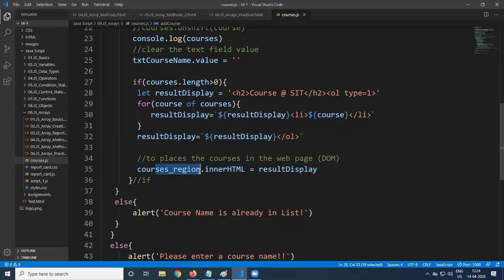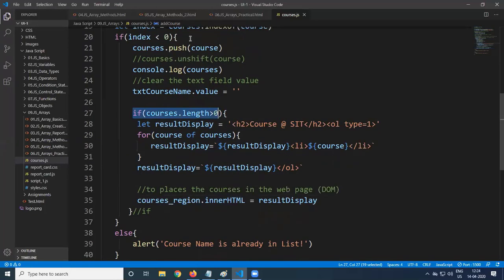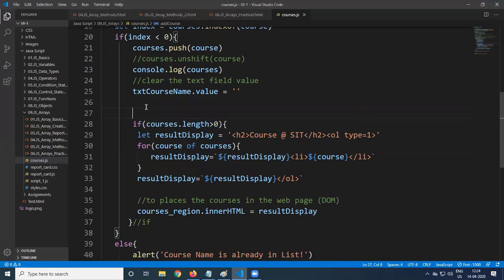So codes_region.innerHTML. Actually, this is not required. Whenever you are adding a particular code, automatically the length will be greater than 0 only. Clear the text field value. So this is only to check if any codes are there or not, retrieving the contents of array. To get array contents, if any.